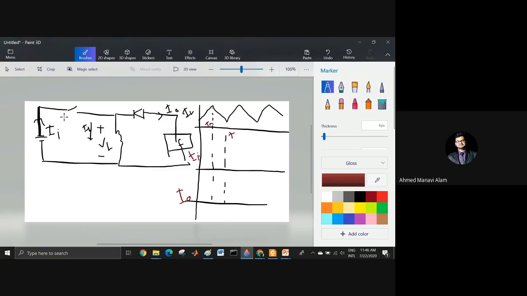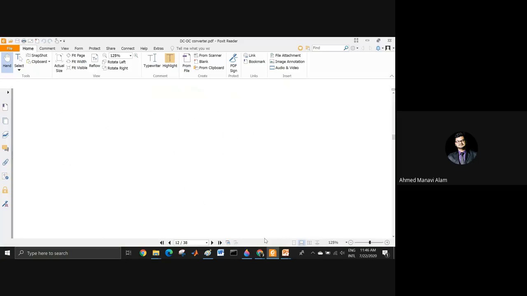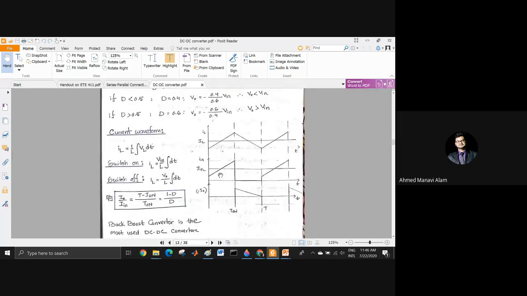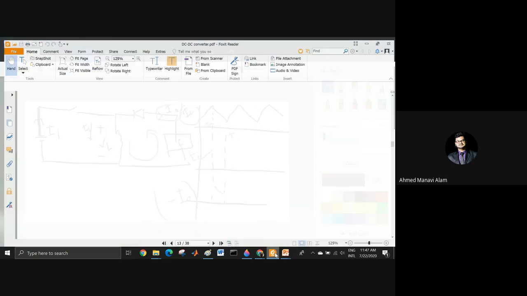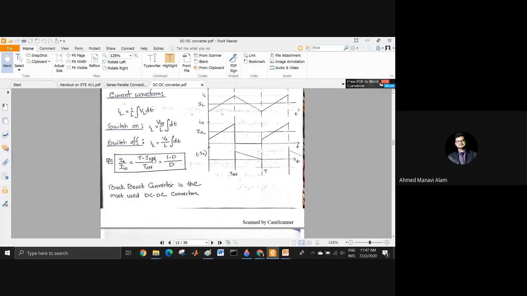Now, we get the input current when the switch is on, so it will be like this. And we get the output current when the switch is off. So IL is there for the whole time, we get the Ii when the switch is on, we get the I0 when the switch is off. Now the main part is that the output current wave shape is like this, but you have taken it like this. So I am putting a minus here in order to reduce the complication. So this is the wave shape of my current.